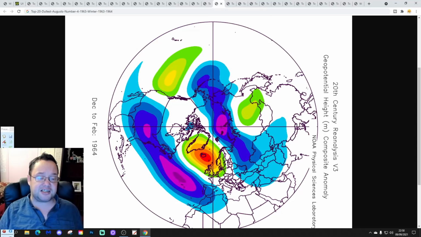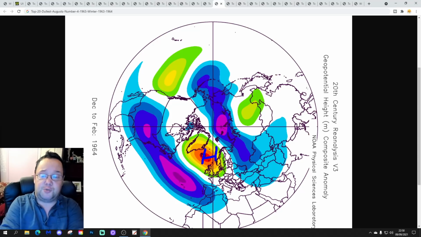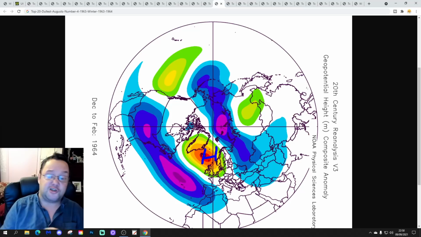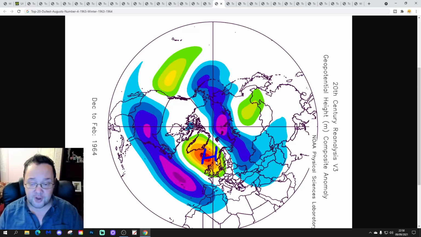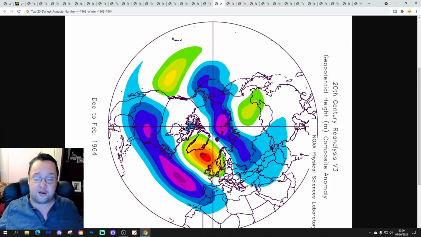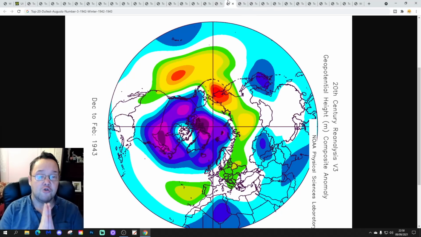We've got 1963-1964 showing up next. It's a winter that comes straight after the Daddy. Generally a dry winter. A few cold snaps in there, but it's a forgotten winter because of what happened in the winter before. And from the 1960s, probably one of the milder winters, actually, despite that high pressure seemingly centered around Iceland.